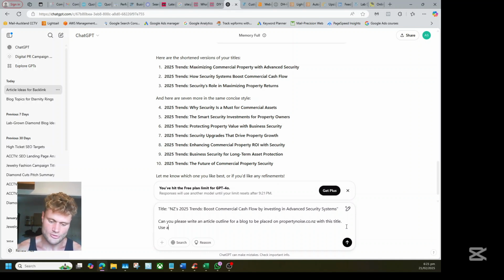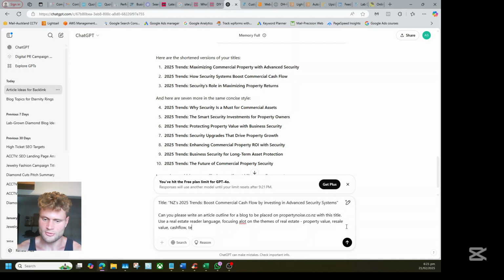I'm going to say use a real estate reader language, focusing a lot on the themes of real estate, which is, let's say, property value, resale value, cash flow, tenancy, vacancy, what is it called? Curbside value.